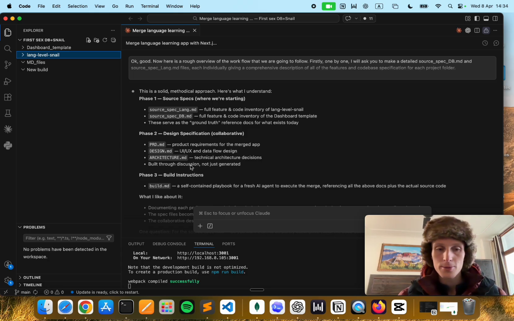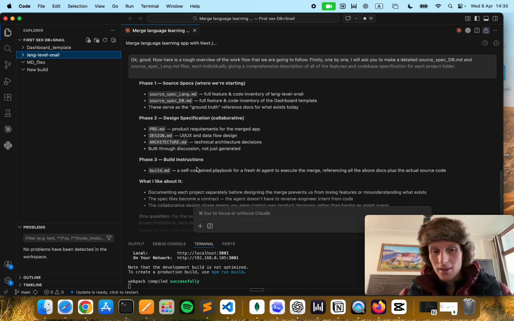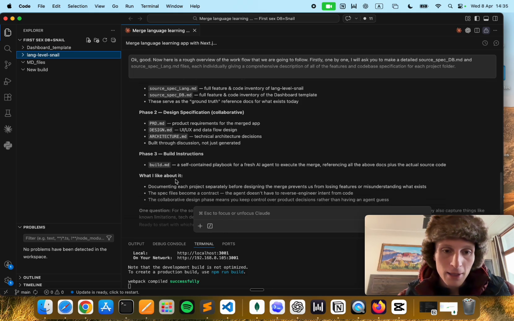So product requirements will have the basic overview of what the thing should do. Design will have the details of how the pages will fit together and how everything will actually work from a user interface point of view. And then architecture is the backend tech stack. And then I'll get it to write the build.md file,